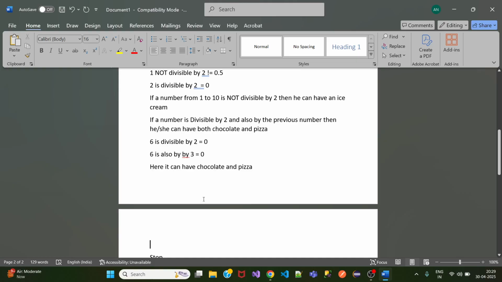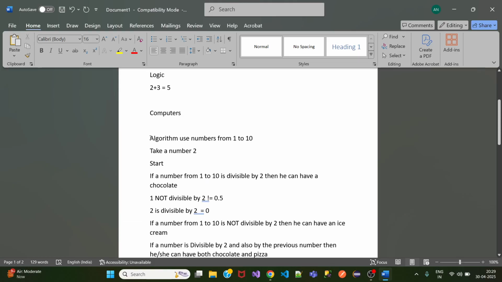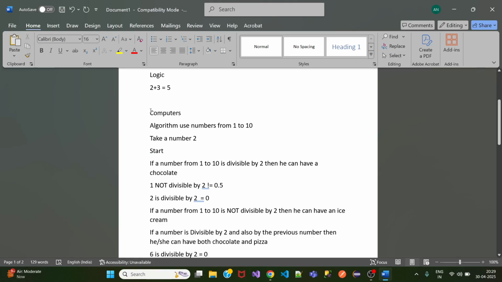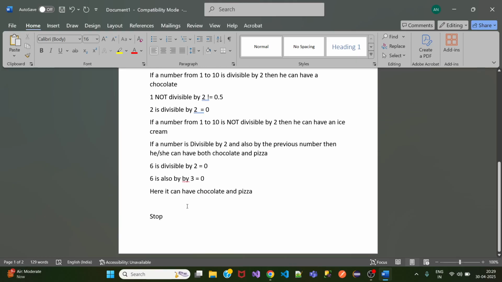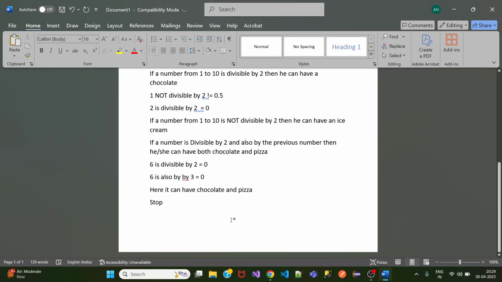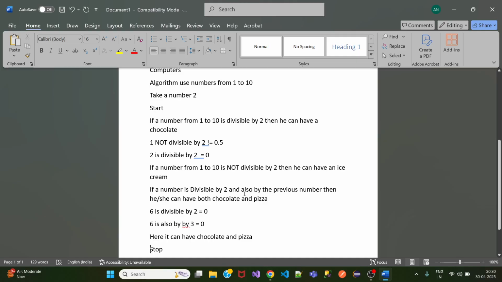So I need this algorithm to be written. Take time, think how you can write it, in simple steps. I know the steps will be repeated, because we are writing from 1 to 10, so many steps will be repeated. Don't use these equals-to and other signs. But if you know the mathematical signs and want to use them, you can use them.